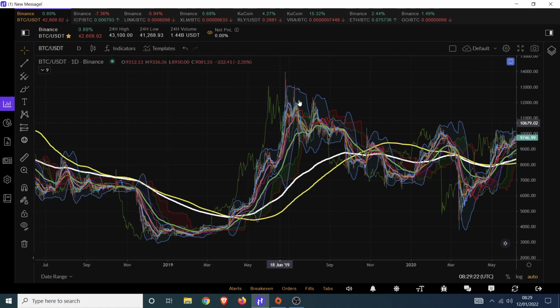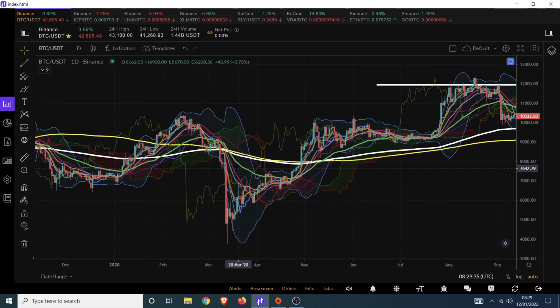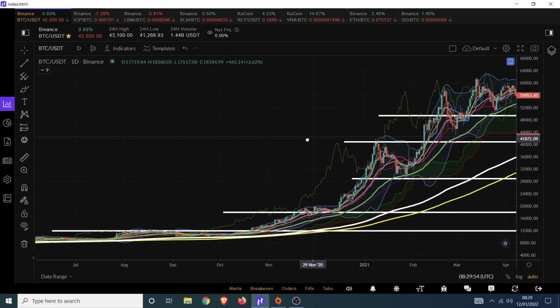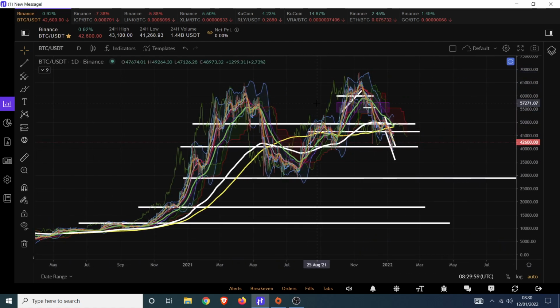This is after the parabolic run in 2019. The death cross took place here, again, once again, more or less marking the lows. This is a black swan. We can't really account for that. But again, if you were to try and count it in, the death cross took place here for the simple moving averages and for the exponential moving averages, again the day after the low was printed. The simple moving average marked this point here, where essentially the low was more than in, and a rally had already started. And again, if you tried to trade that as a signal, you would be absolutely wrecked.